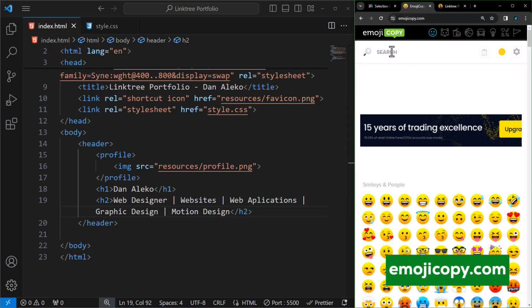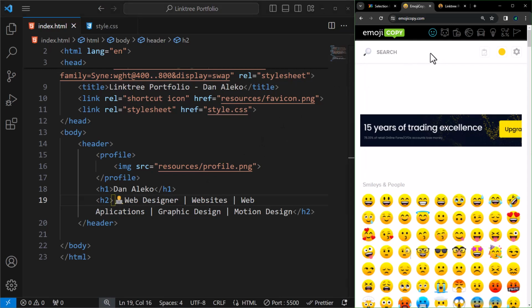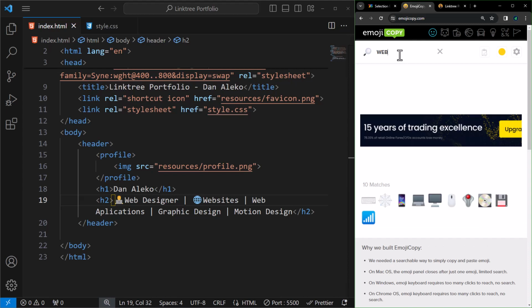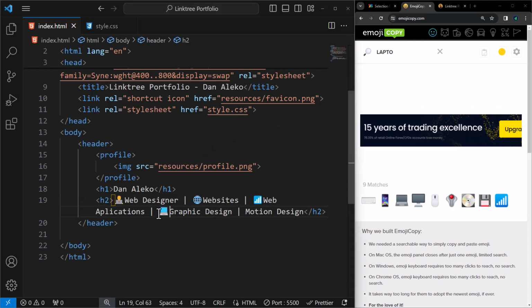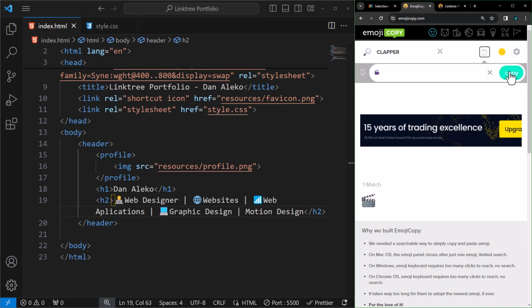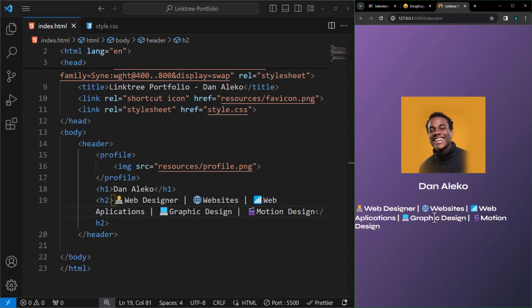In here, we will copy and paste emojis in our project. Nice.